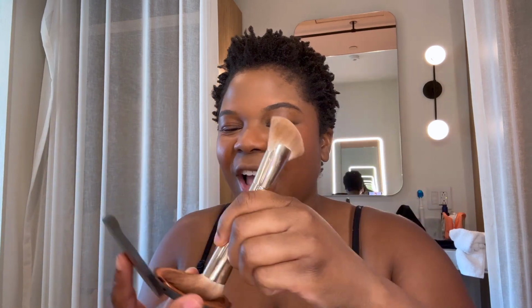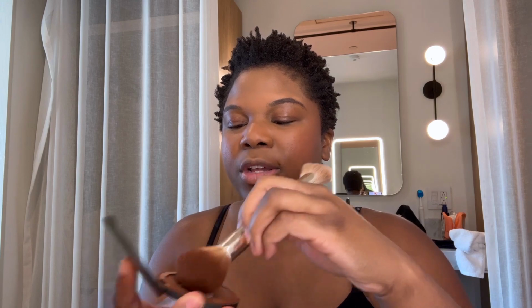And then I like to add a little bit of bronzer. I just started getting into bronzer. I just started using bronzer within the last year or so. But I really like it. So I've been using it. I still need to look at a few more videos to make sure I'm doing this right. But I like to put some where I put contour, just around my face in that way for a little extra